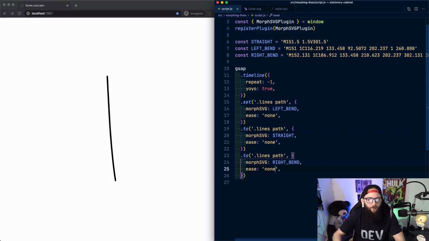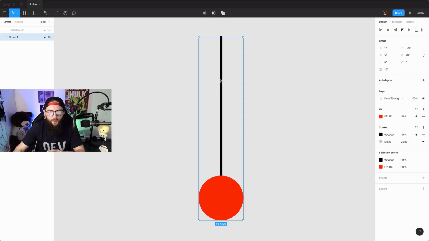On all of these. Now we have this kind of swinging string that actually goes in and out because we've changed the ease. What if we want to attach something to the end of our string or line that we're bending? So here I've got an ellipse and it's at the end of a line and I've grouped them. Now when you do this kind of thing in SVG, the idea is to kind of plan it and create